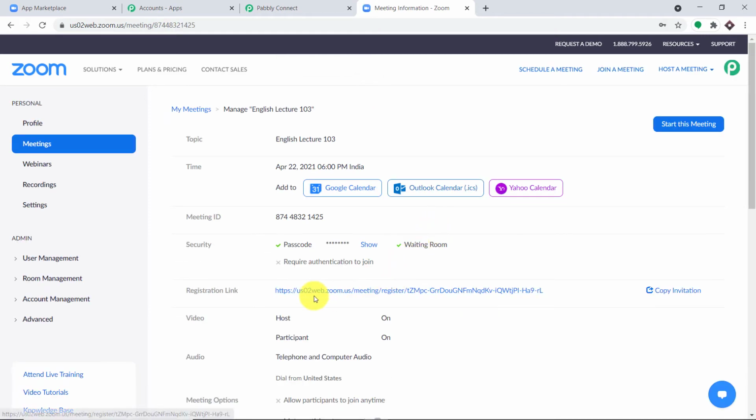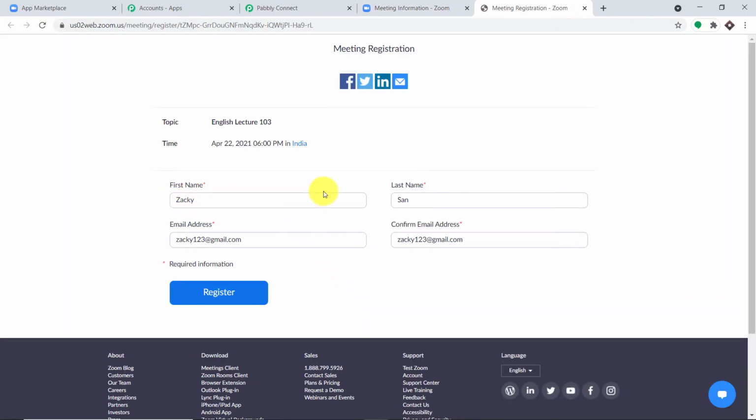Okay, so basically this is your registration link. Using this link, your participants are going to register themselves for this English lecture. So let's explore this link. As you can see, this is the link, and we actually have to add some more fields